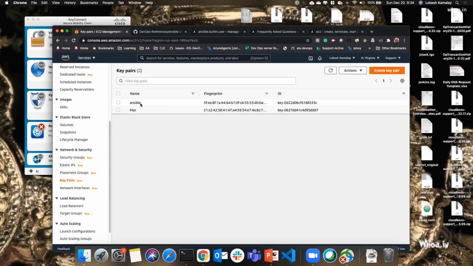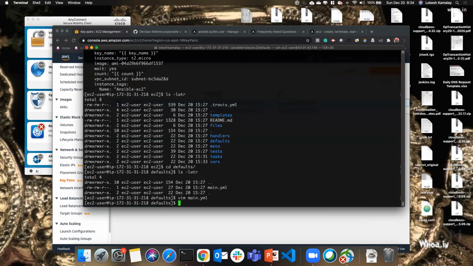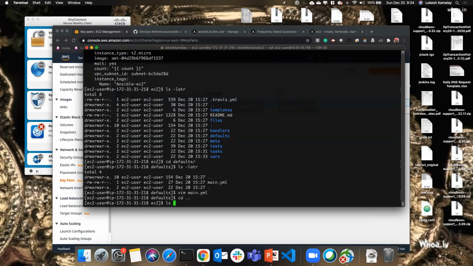See, I have an Ansible key name. I'm just mentioning this Ansible key name here. And I have 2 counts. So let me remove these quotes as well. We don't need the quotes. I saved it. So what we have done is, we have taken the important one inside the vars and